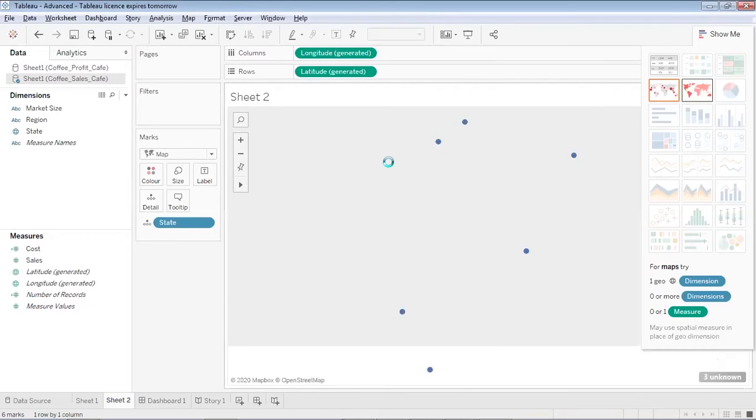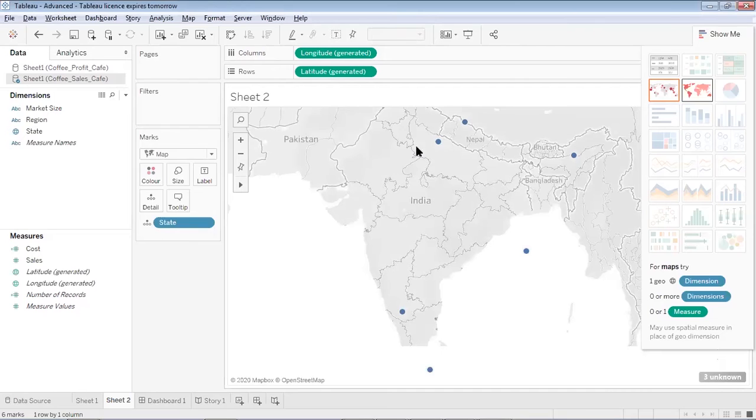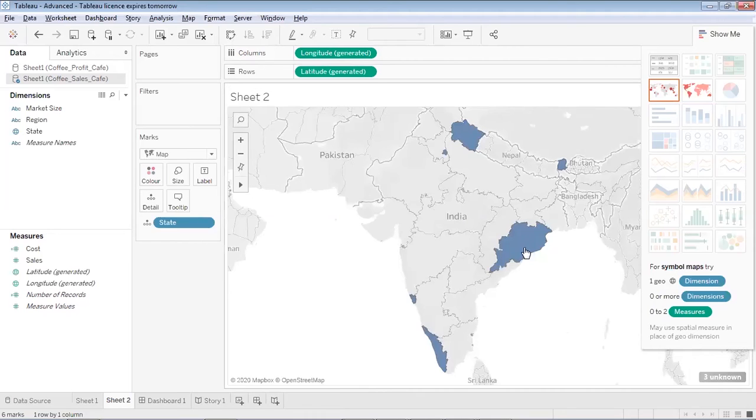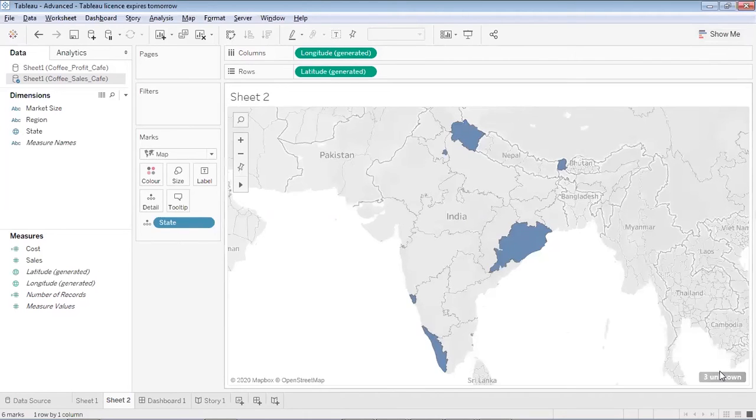You can see over here the map is loading for me based on the states I have placed over here. Okay, so these are the values, but you can see that the map hasn't loaded completely. When I select the normal symbol option, it appears as a symbol. When I select it as a filled map, it appears as a filled map. But over here, you can see that there are three unknowns. So when we were talking about tagging the location, or tagging geographical roles with data elements, first of all, we saw that if a particular dimension or field is not of the geographical data type, how we can convert them.